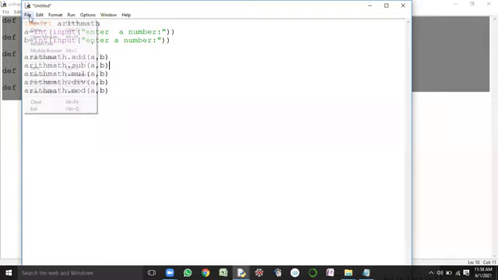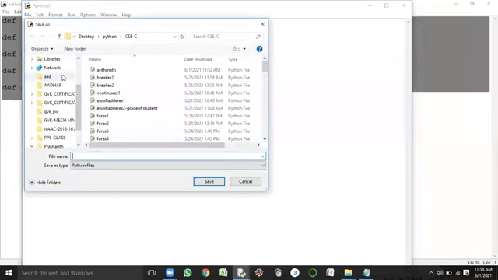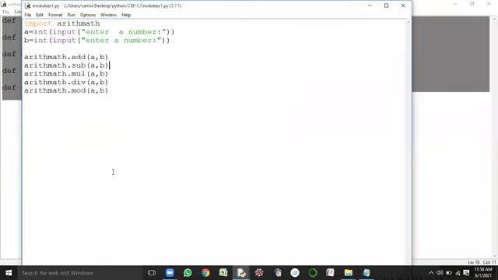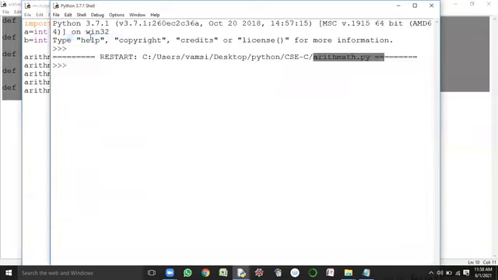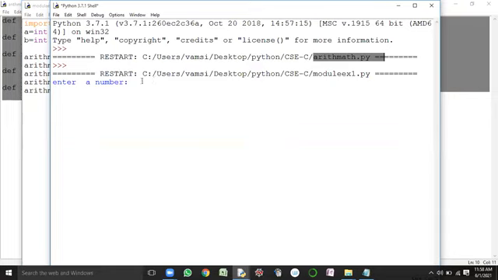So save the logic. It is an example for modules, right? So give some meaningful name, module example 1. It is not a reasonable name, but I'm giving examples for the modules. Module example 1.py. Save the code. What's the immediate step? Run the program. Are you seeing the shell?